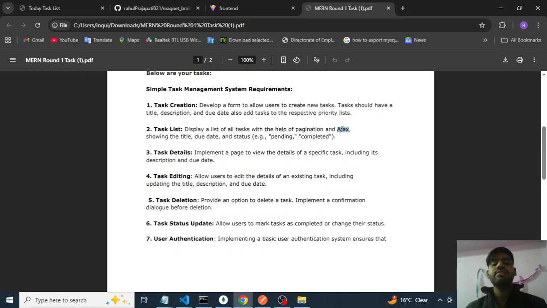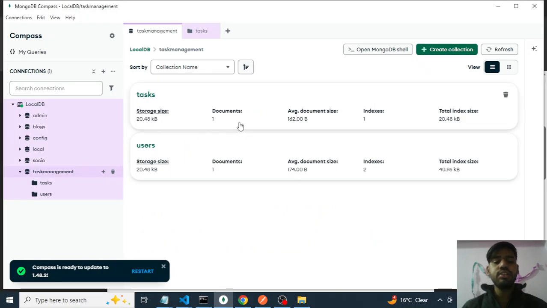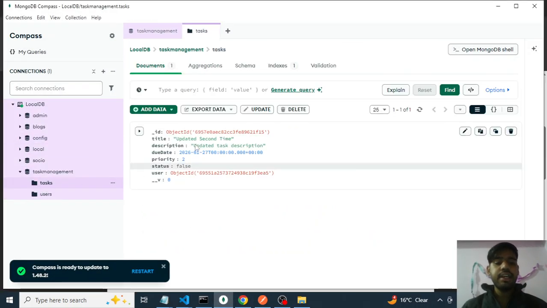Currently we are using axios to fetch, not exactly ajax, showing the title, due date and status. So pending and completed, there are two statuses. Although in the backend I have used